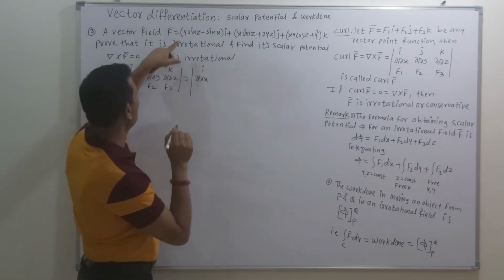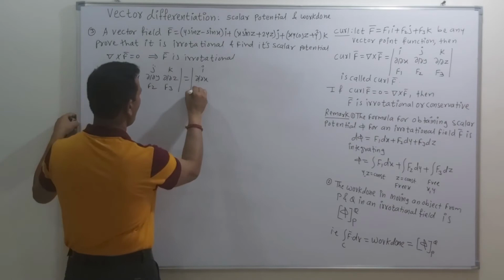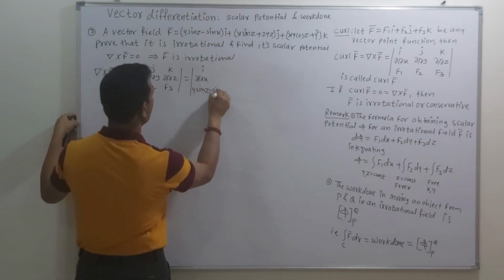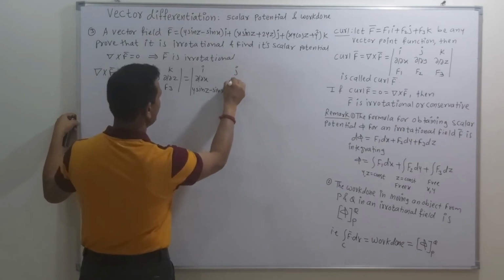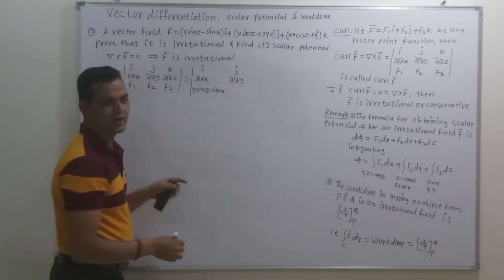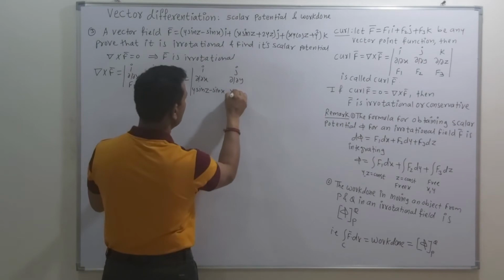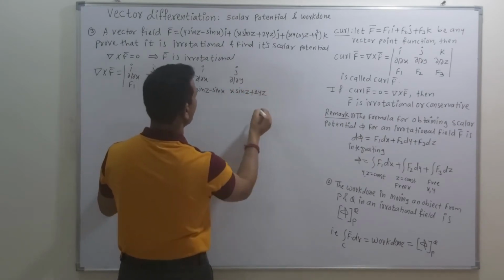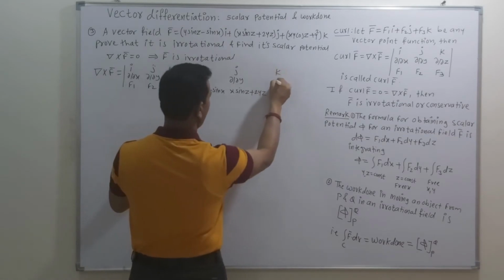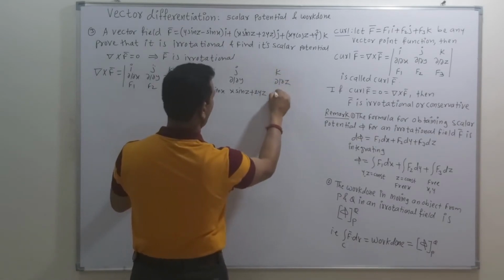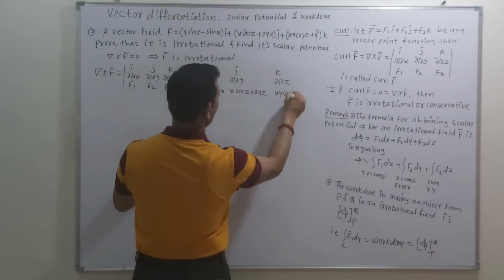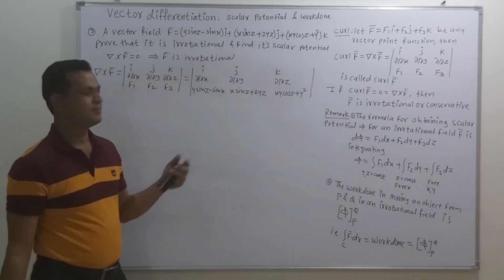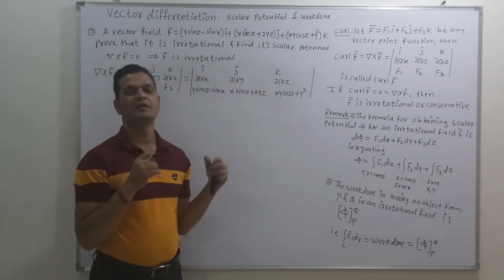So here, friends, the value of f1 is y times (sin z minus sin x), then this is j times the partial derivative with respect to y of f2, which is x sin z plus 2yz, then k times the partial derivative with respect to z of xy cos z plus y square. Now our next aim, friends, is to show that this determinant is equal to 0.